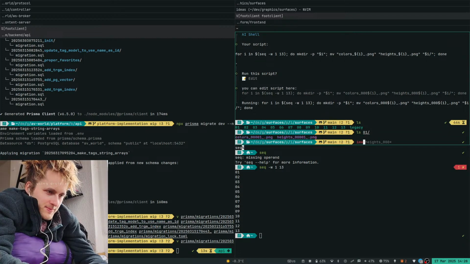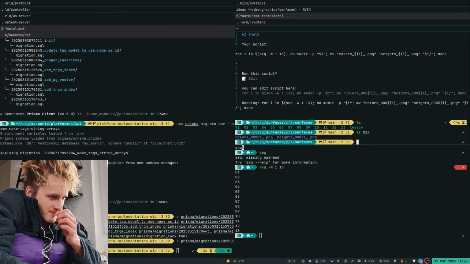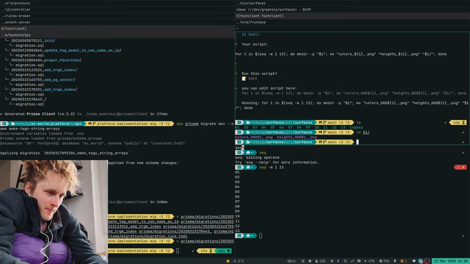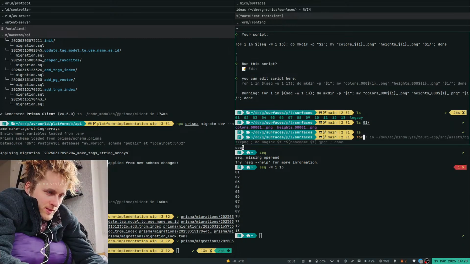So yeah. Oh, damn it. Actually, what we should have done is rename it into just heights and colors. So that's a bit unfortunate now. But what we can try is we execute the same thing again. So we say for i in 1 to 13, do move